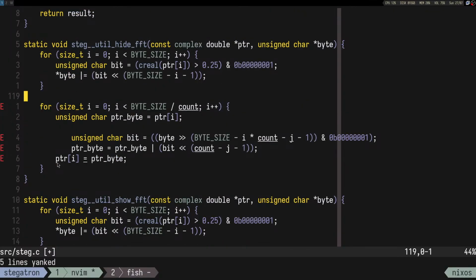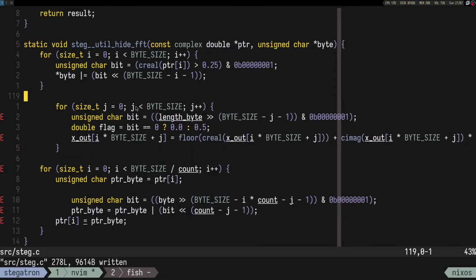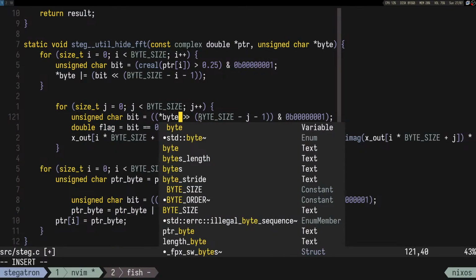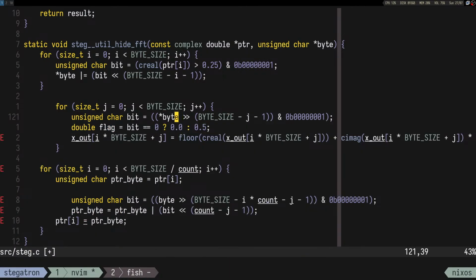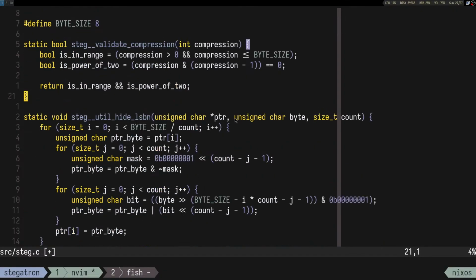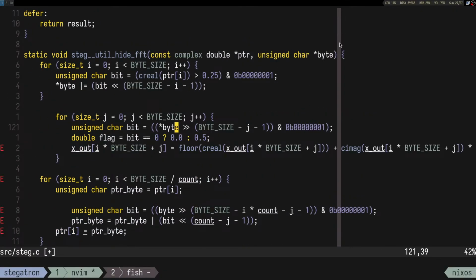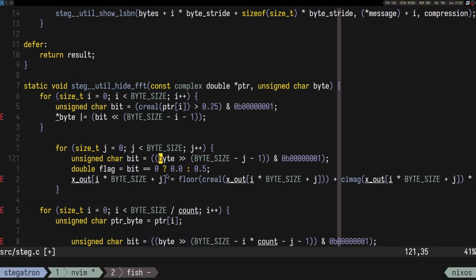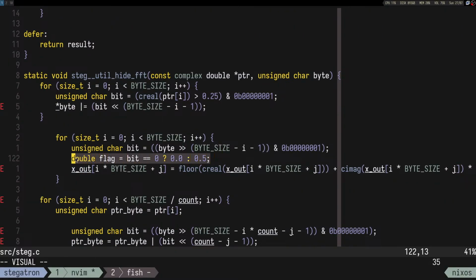Wait. Let's copy paste this part as well for reference. So this is the second reference that we have. So we're doing this for loop, then the bit, sure, it makes sense to have something like percentage. Wait, but why do I send it? It should be just byte. It should be just byte. So we have the bit,